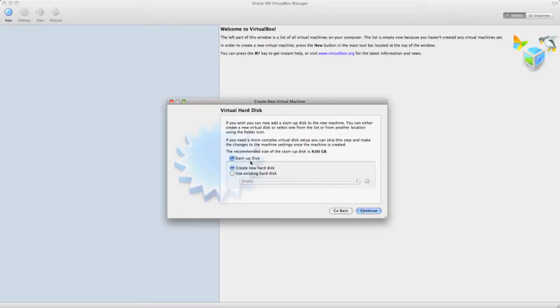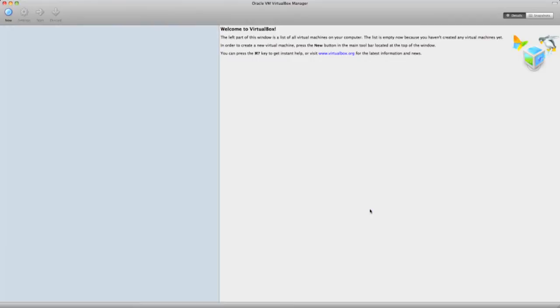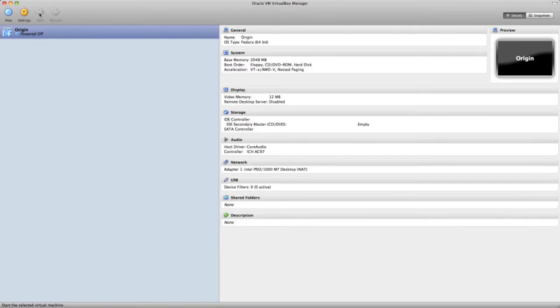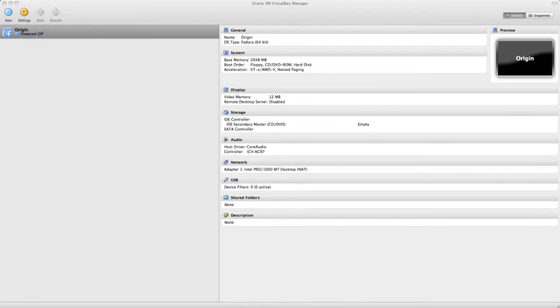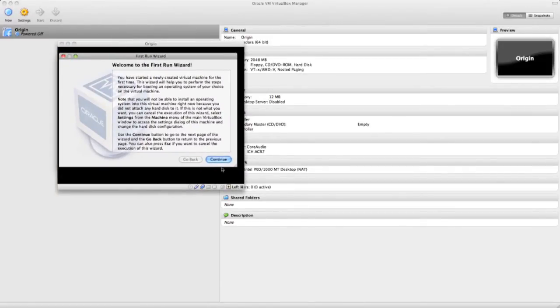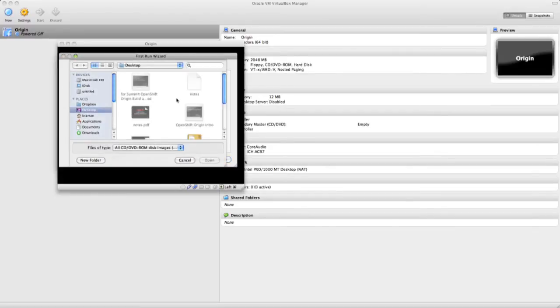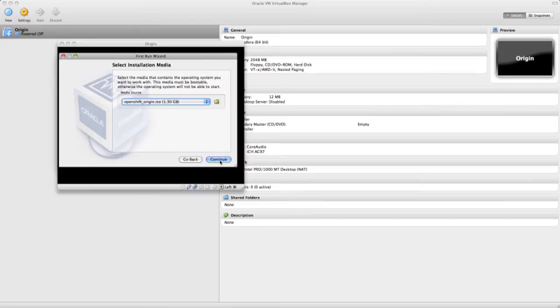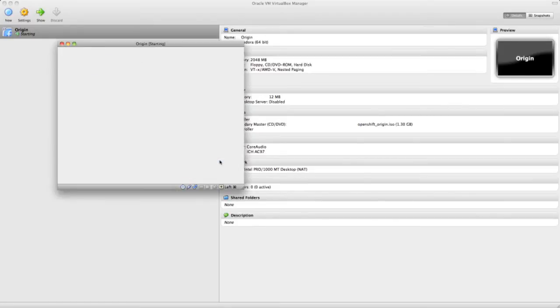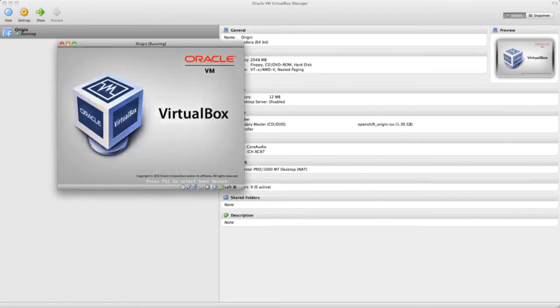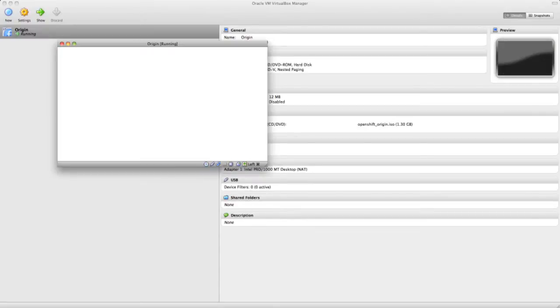So since it's running on a RAM disk, we don't need a hard drive, so I'll skip that step and create the VM. So once it starts, we will select the OpenShift Origin ISO. Start the virtual machine. So this takes a couple of seconds to start up,